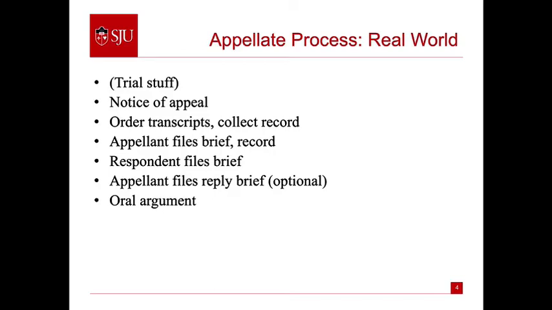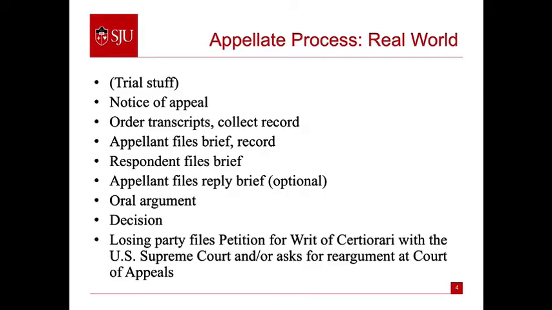So one of the things that makes appellate litigation unique is that the cases are decided by a panel of judges rather than a single judge. And so the oral argument will be in front of that panel. In the federal system, it would be three judges. In New York, it's between 4 and 5 judges that make up the appellate division panel, 7 judges at the New York Court of Appeals. So the court hears oral argument, then issues a written decision, which you are familiar with because you've read many judicial decisions in law school.